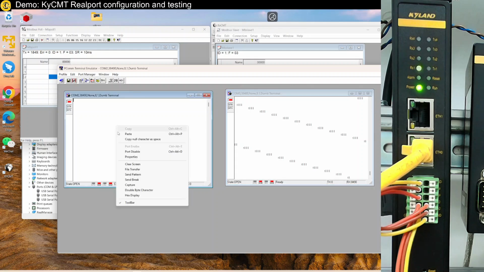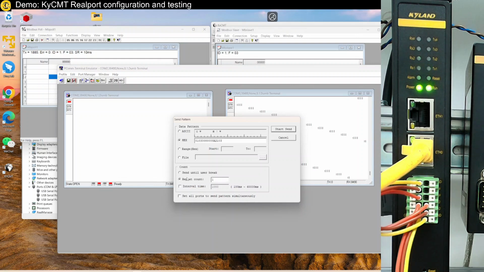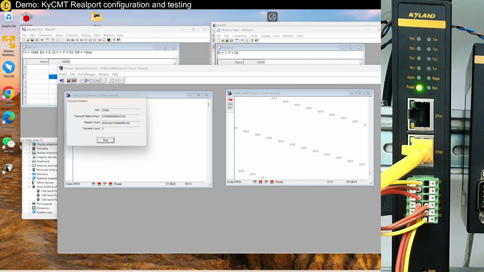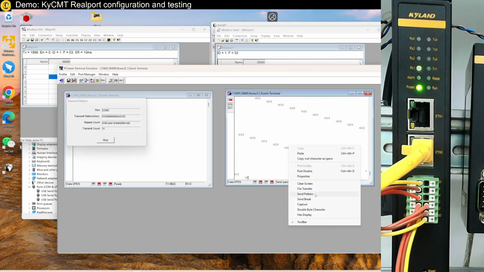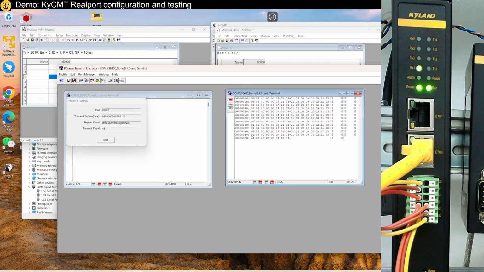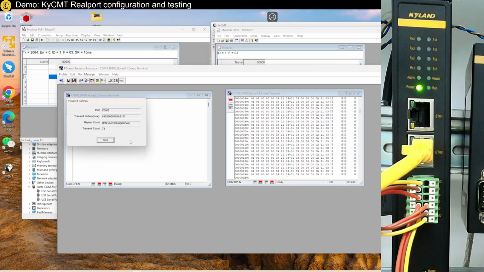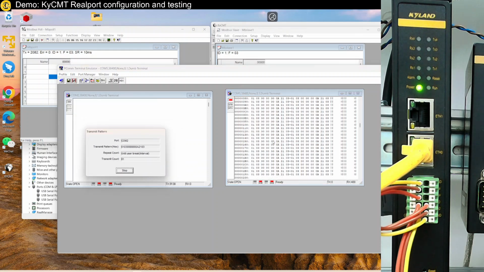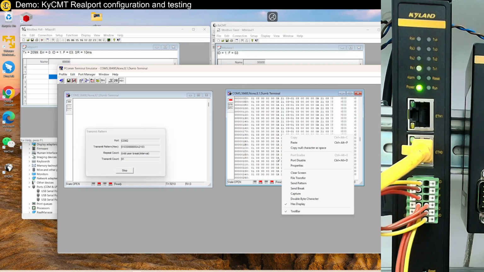Okay, so I think I need to do some break. Send pattern, at an interval of maybe every 200 milliseconds. Yeah, now it's working. I need to clear this screen and change this to hexadecimal display. Yeah, this is where I get the 0, 0, 0, 1, 0, 3 that I did earlier. What I can do over here is also create this pattern,